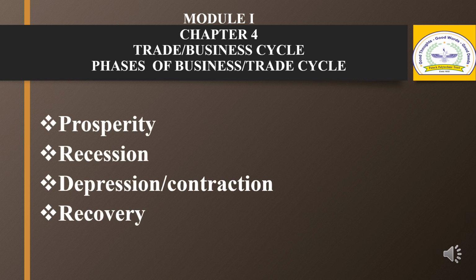Now I am going to explain the phases of business cycle or trade cycle. The ups and downs in the economy are reflected by the fluctuation in macroeconomic variables such as GNP, investment, profit, prices, employment, wages, etc. The variation in these shows different phases of a trade cycle. Generally, expansion and recession are only two phases in a cycle, but considering the intermediate stages between, there are various phases, but the four different phases are there.